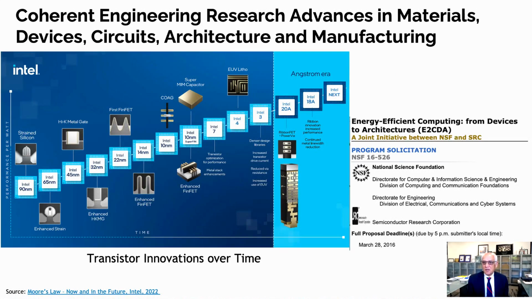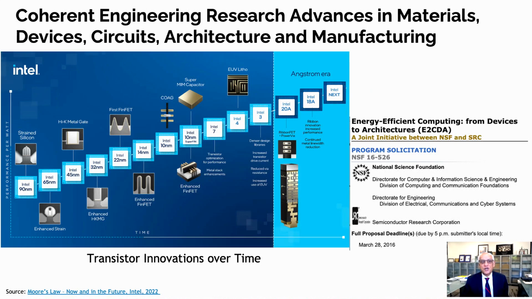How did this happen? One depiction of this comes from Intel. On the left-hand side is a series of innovations in the transistor itself, the core building block, and it is portrayed along with device geometry, which is articulated in terms of the line width. This chart goes back to 90 nanometers line width. There is probably history well before we got to 90 nanometers. And then a series of innovations on transistor, on materials,